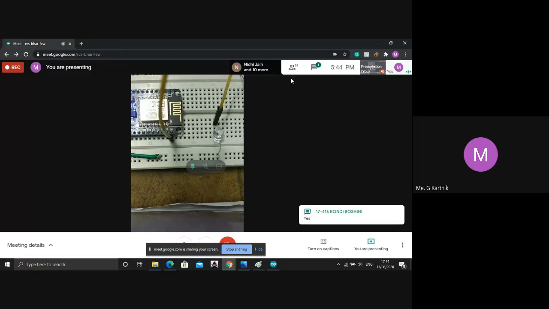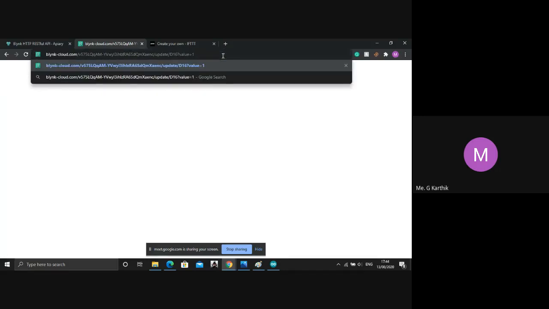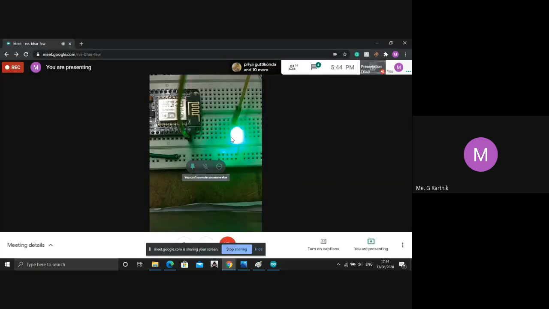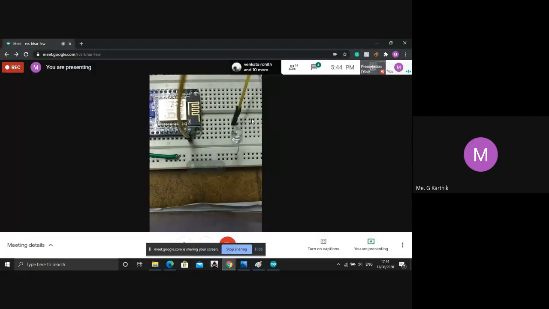Okay, cool. Now what we'll do is we'll just switch it on with the browser. First, I'll just go to my browser and just switch it on and just come back. Okay, I'll just go here and give value 1. The LED will be switched on. Okay, I'll just come back and show you. Okay, now you can see the LED is on, right? So let's go to the web request again and click 0. The LED will be off. Okay, come back and check. Okay, so now the LED is off.